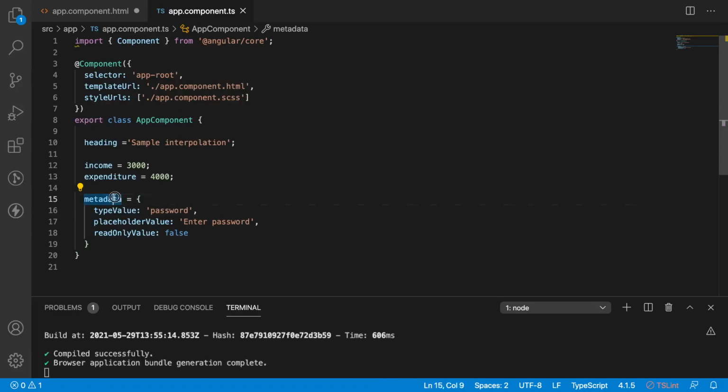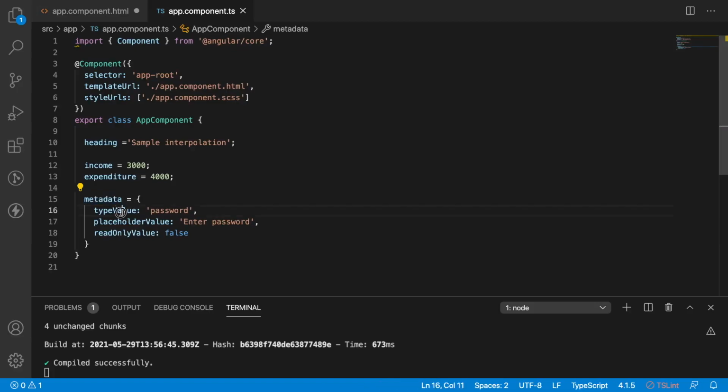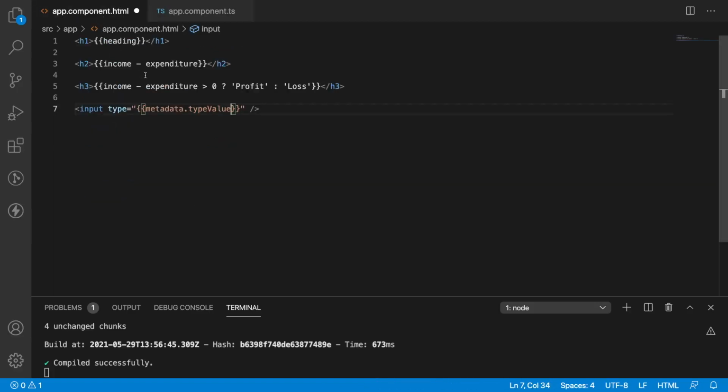Let me save this. Go to HTML and interpolate your type property with metadata.type value, and then another property called placeholder.